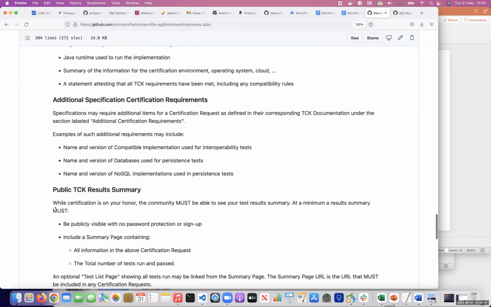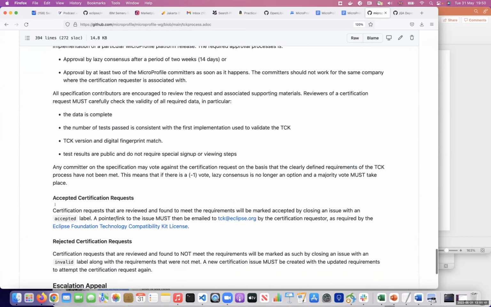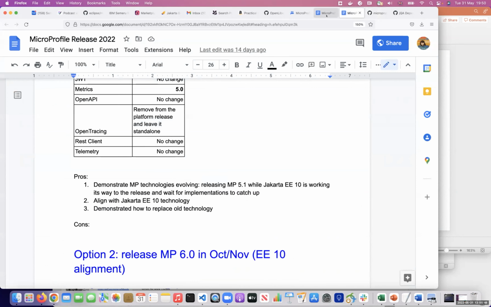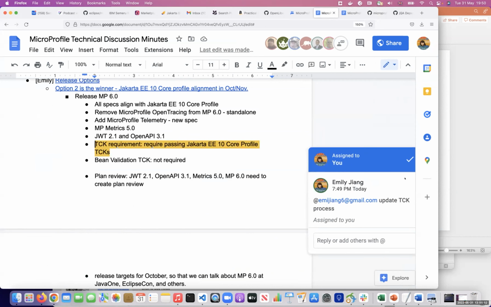Basically, this is just the same, it doesn't define the scope for the spec releases. So the TCK process is up to date.